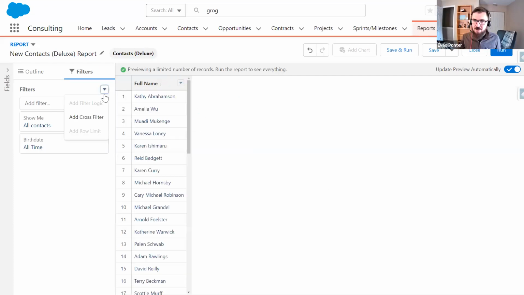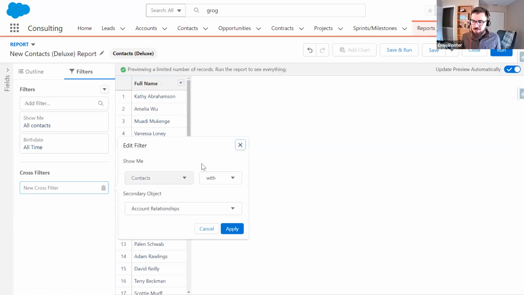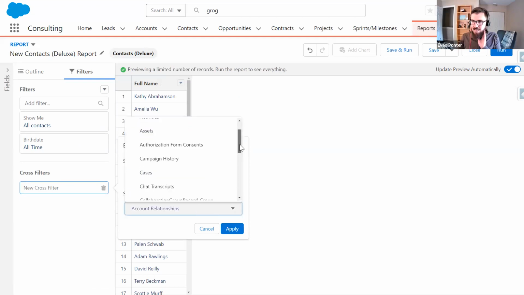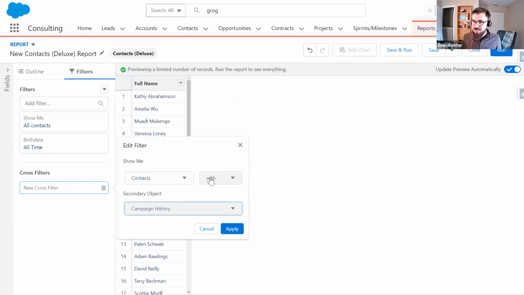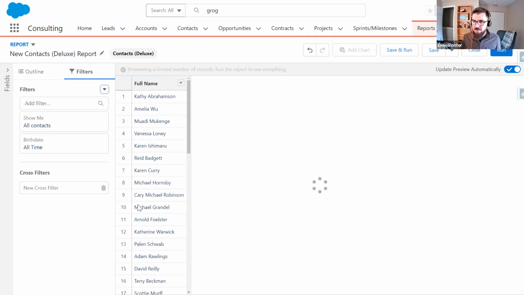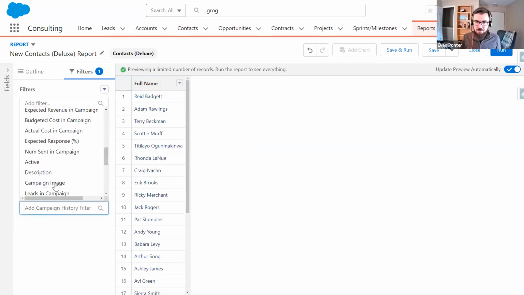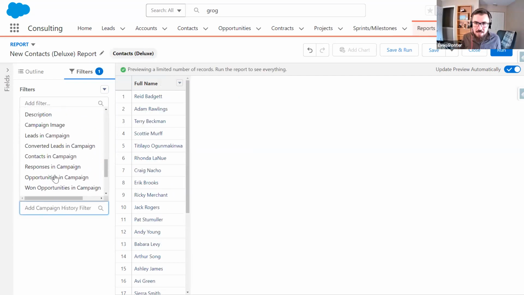And I will add my first cross filter. Here is where we'll see I have access to any child object from contact. One of those child objects is called campaign history. That gives you access to the campaign member details. So this will be contacts that have at least one campaign member where the campaign type